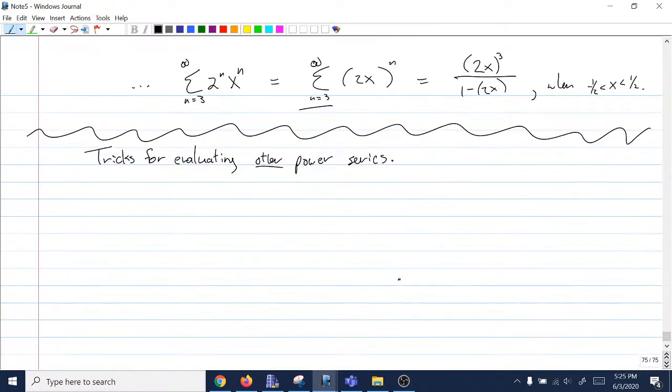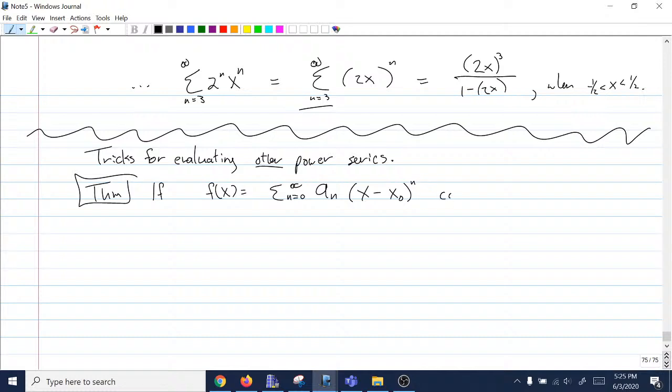The theorem we need to say is: if f of x is the sum from n equals 0 to infinity of a n times (x minus some value) to the n, converges on an interval, then